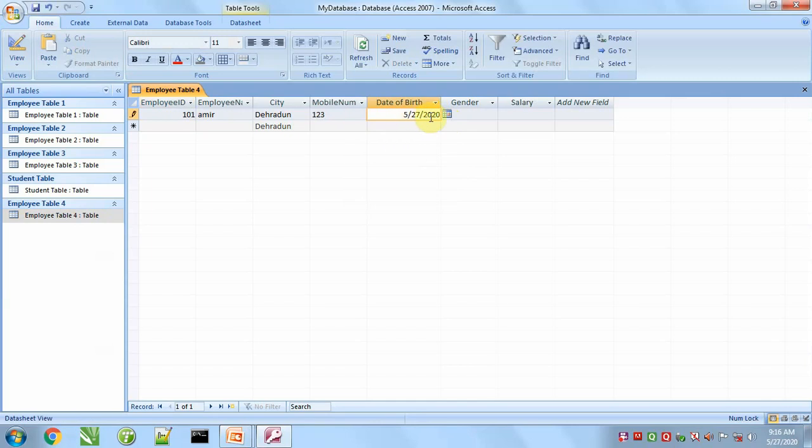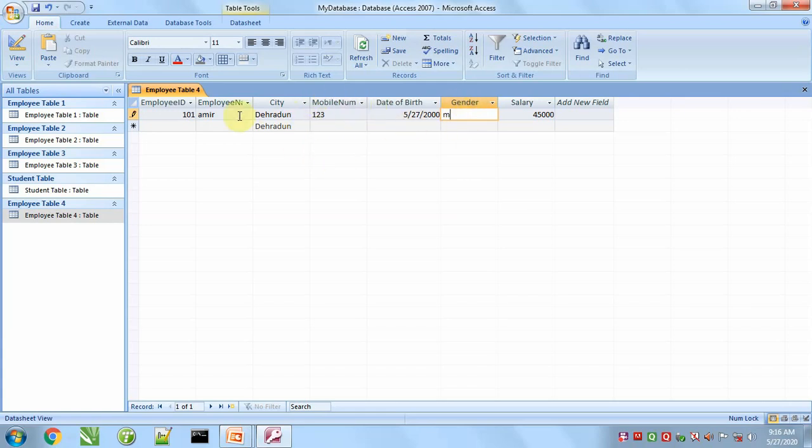Now date of birth is this. Gender is male. Salary is 45,000. So salary is without symbol and gender is a single character. We cannot enter multiple characters. If I try to press any key from the keyboard, it will not be accepted by this column.